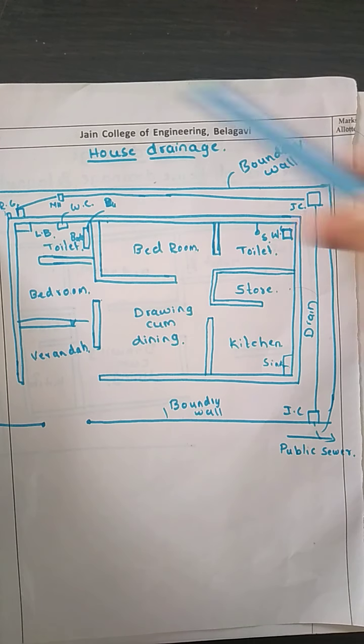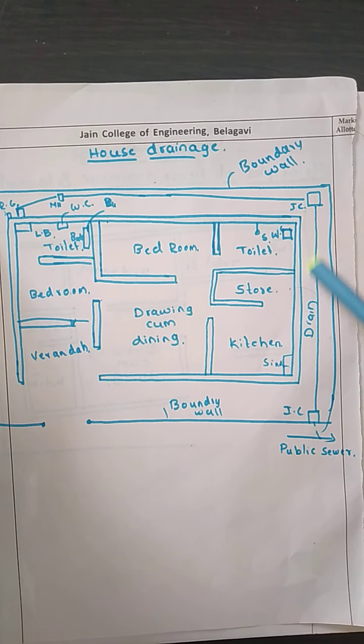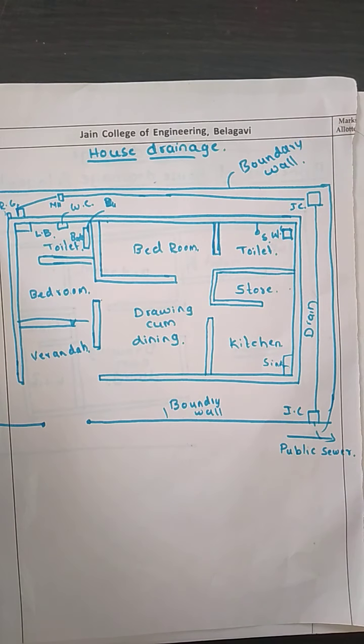So in the house drainage system, we discharge the wastewater generated in a house into an underground conduit with the help of gravity, and we dispose of it to the main drains. So this is what house drainage is. It is going to maintain hygienic conditions. Now we will see the purpose of the house drainage system. It is to maintain healthy conditions inside the house. Suppose we dispose of the wastewater that is generated into the backyard, what would have happened?